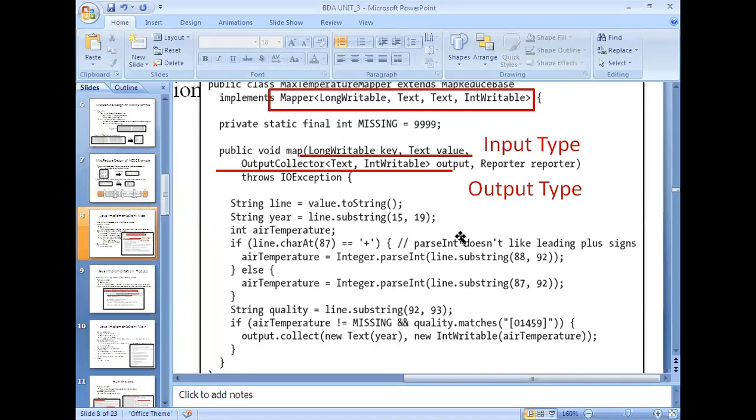Here, String line = value.toString() will capture the line, and String year equals line.substring(15, 19). Those are the positions in the information given to us. int airTemperature is a declared variable.